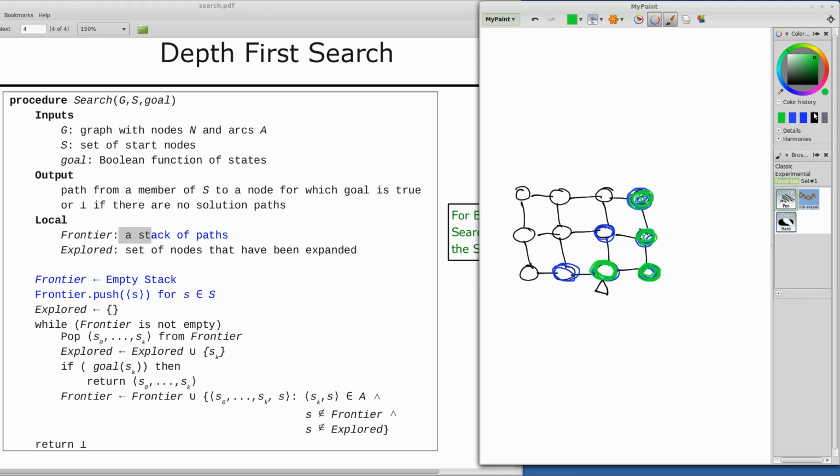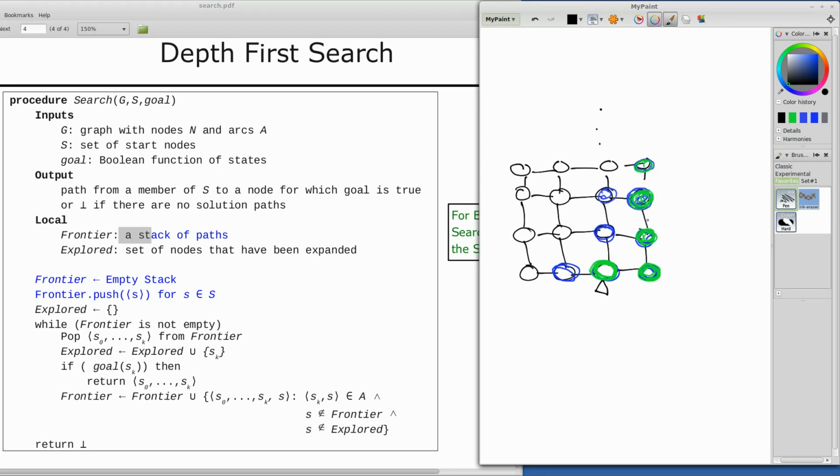Maybe I should have made the graph a little bit bigger. I don't get the point of what's going to happen here. He's going to be picked. Both of his neighbors will be added to the frontier. This is the most recently one added. He's going to be picked. And you can see where this is going,